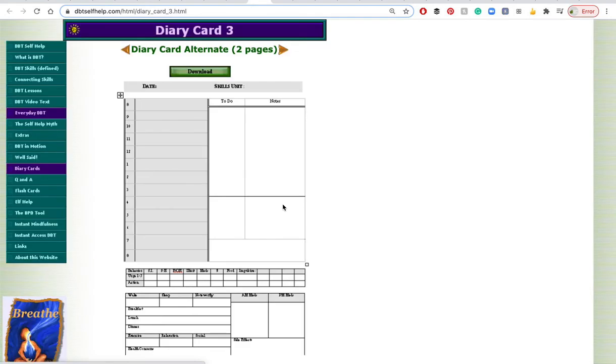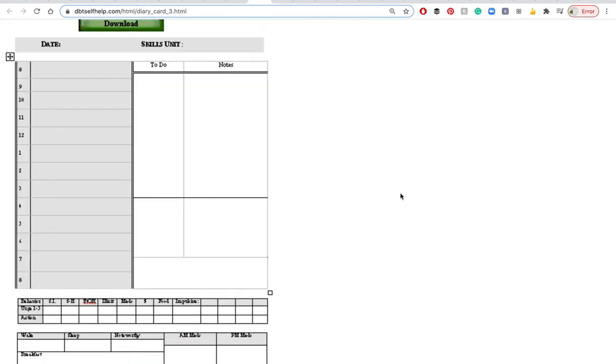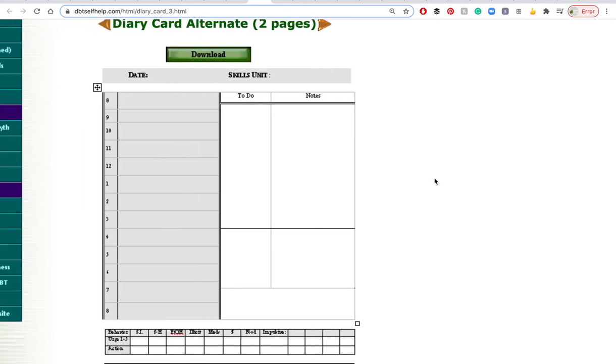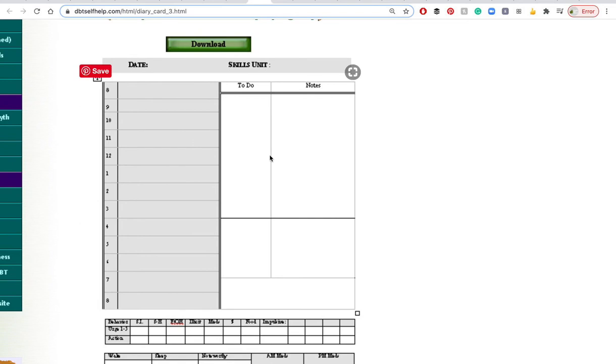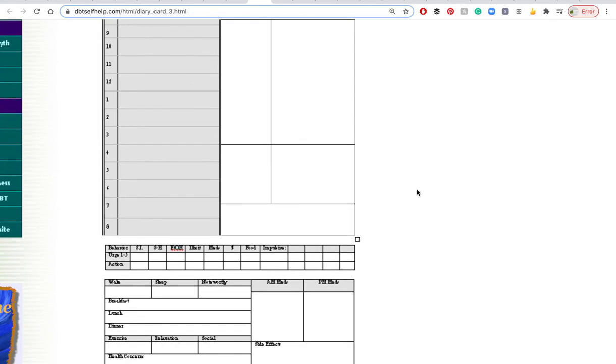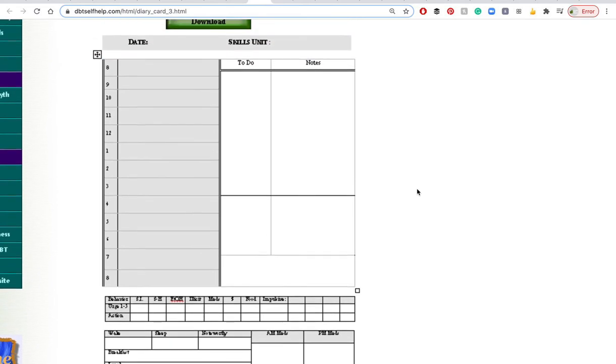Moving on to the third sample. This is a kind of open format. I don't see many of these, I'll be honest, very often, but this is an alternative for you. Once again, it's about what works for you and how you feel about it. It reminds me a little bit of a bullet journal, if you're familiar with those. They seem kind of cool and trendy, and the idea is to make it work for you and make it your own. So you'll notice that there's the date, there is the skill unit, that would be the